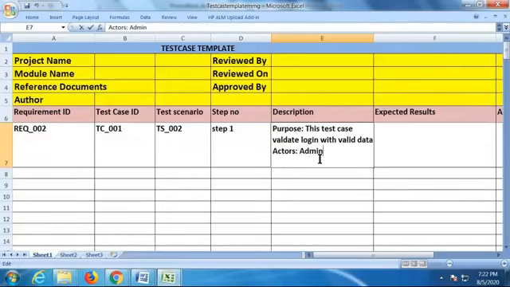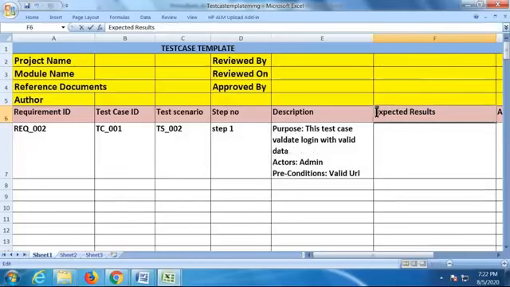Alt enter. Preconditions. What are the preconditions of this test case? Just specify here: valid URL. And here we write one more column before that. We maintain one more column here. That column is